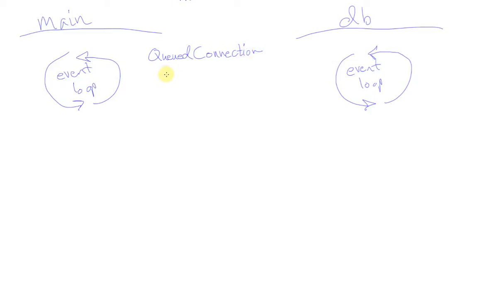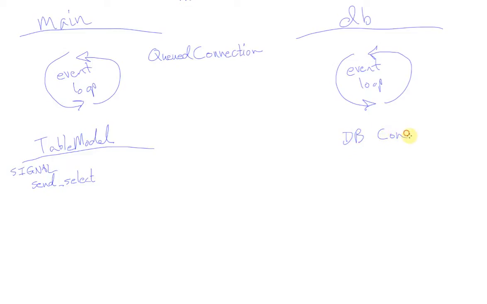So in the case of my table model, it's going to have, let's say, a signal like send select, and I'll write it out like I just said, a signal. And the database will have